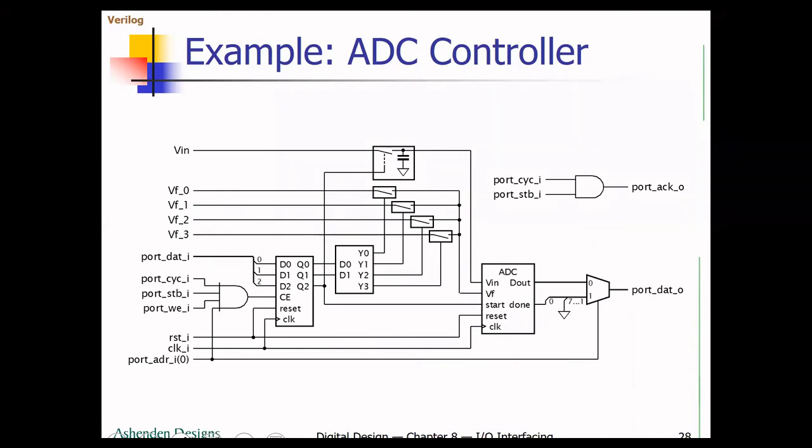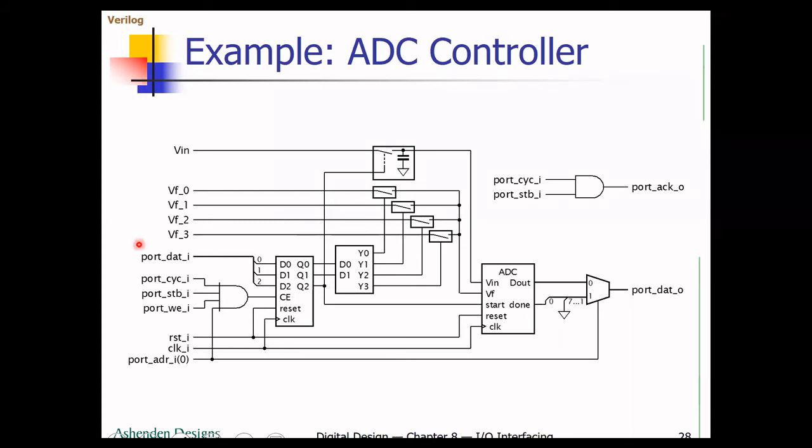The controller has VIN as the analog input, say my voice, where the mic is capturing. And the reference voltages can be different: Vref0 to Vref3. Vref0 can be 3 volt, Vref1 can be 5 volt, Vref2 can be 10 volt, and Vref3 can be 15 volt. Why do we need different reference voltages? To capture the input. The input can vary from 0 to 15 volt. In that case we will have different reference voltages for our successive approximation register.